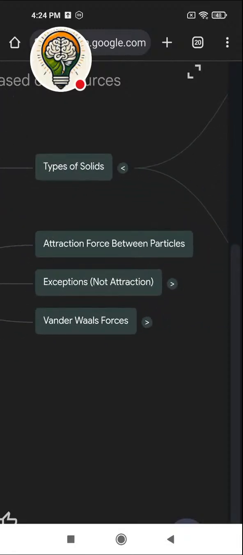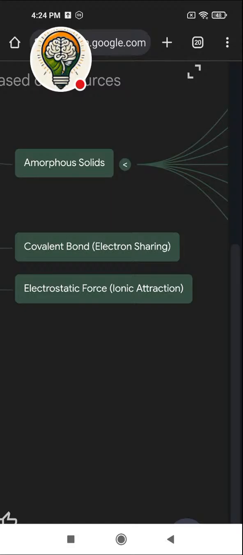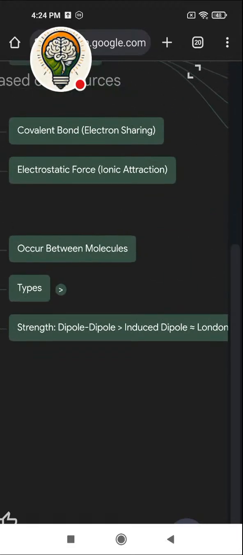So attraction force between particles. So covalent bond, electron sharing, and electrostatic force, ionic attraction. Then van der Waals force. So it occurs between molecules. Types are